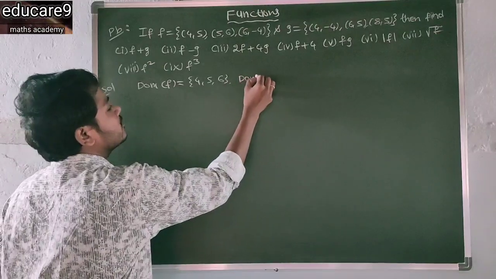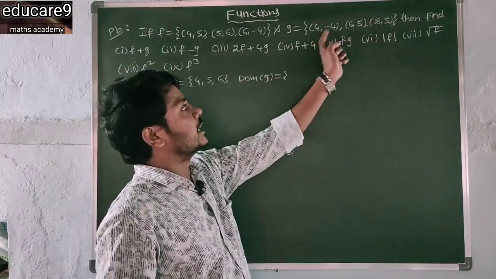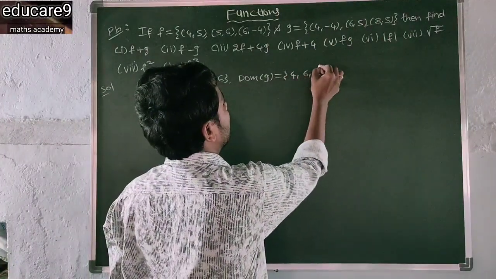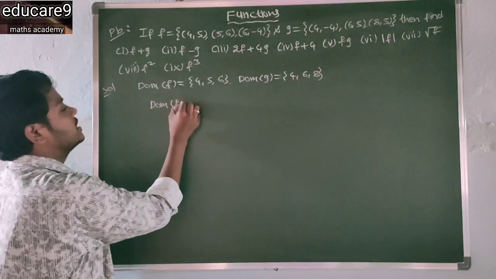And domain of g. So here also x coordinates that are 4, 6, 8. 4, comma 6, comma 8. And domain of f plus g